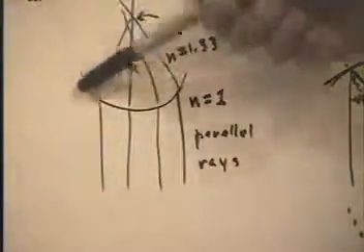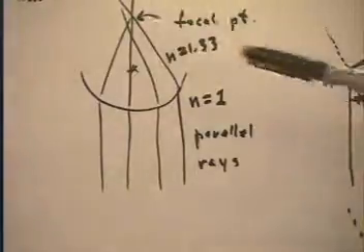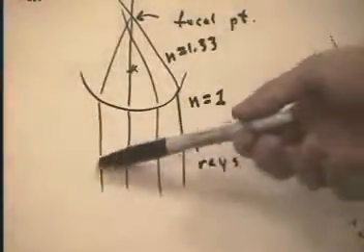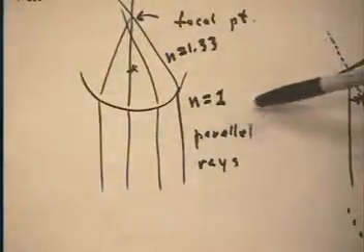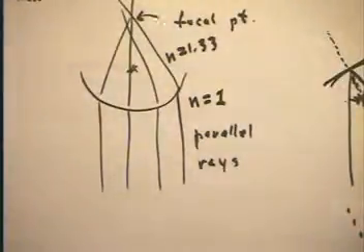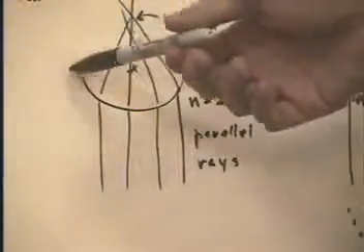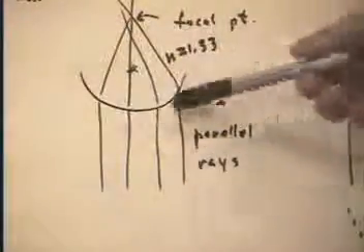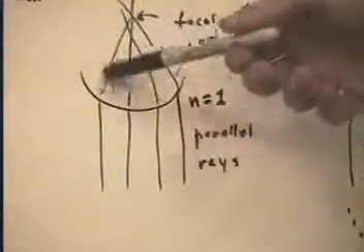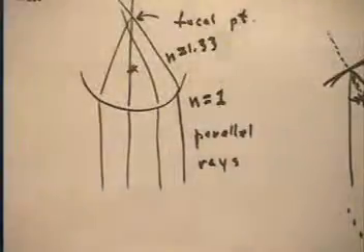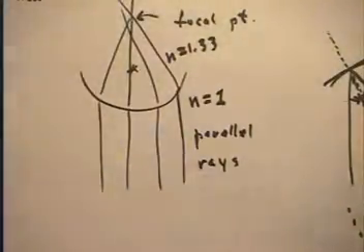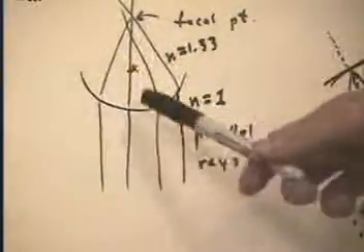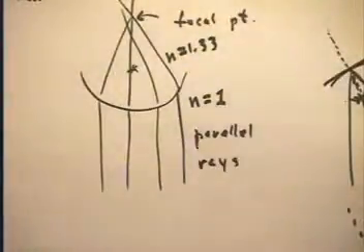If we have a circular or spherical lens with parallel rays striking the lens from a medium where N is about 1, air, most gases, a vacuum, it doesn't matter too much, but N is approximately 1 out here, and with N approximately equal to 1.33, alcohol or water, inside here, then, as we've seen, the rays will bend, and the rays that hit close to the central ray,